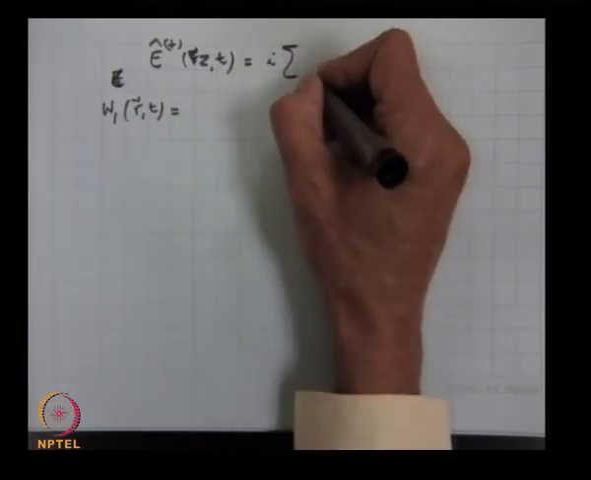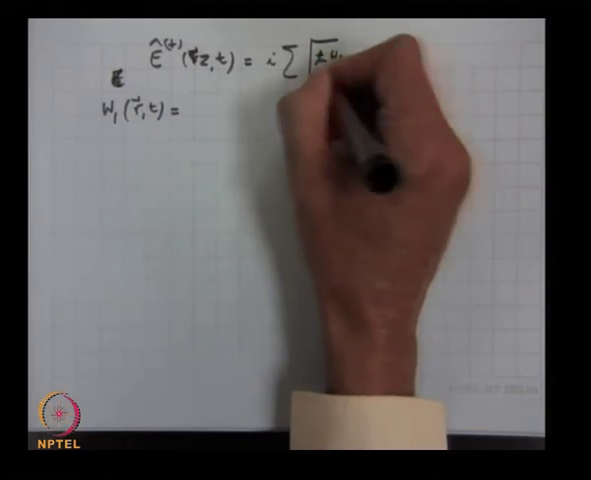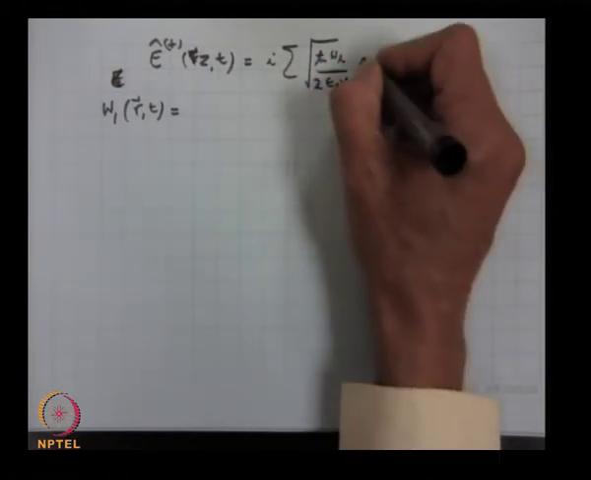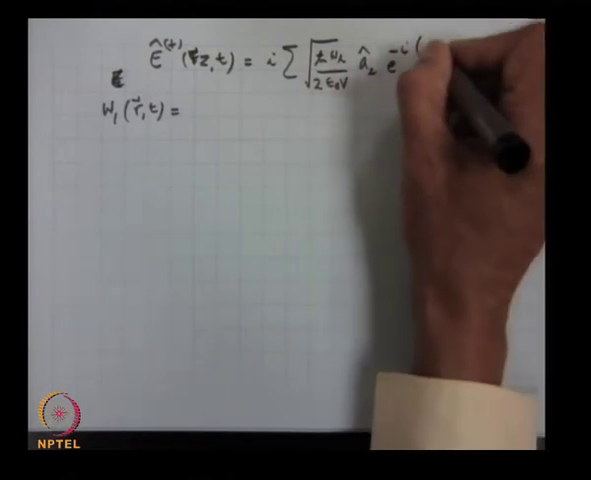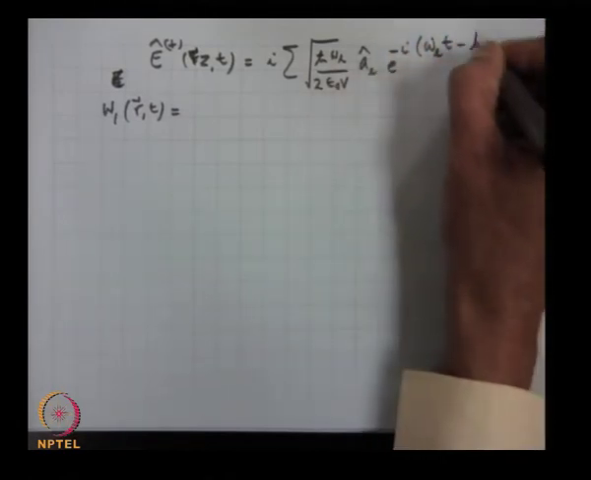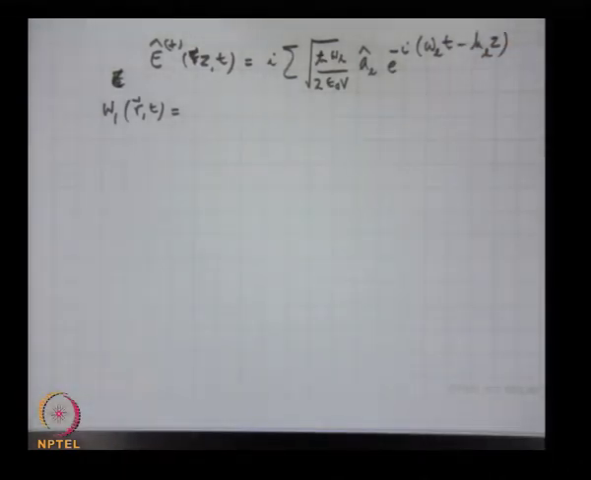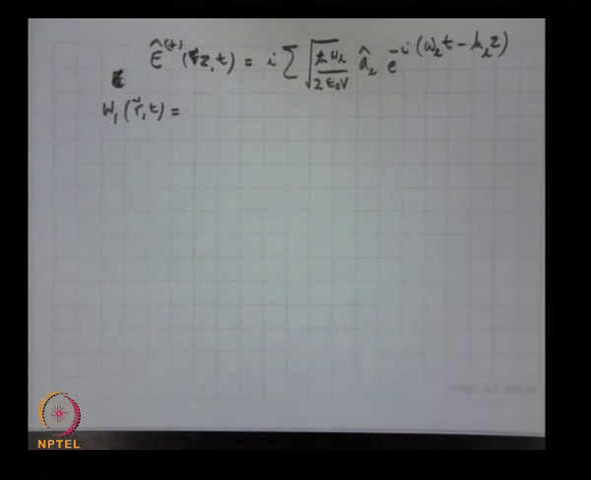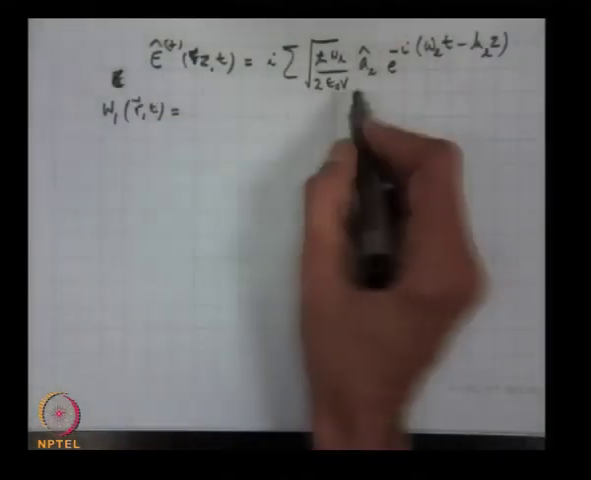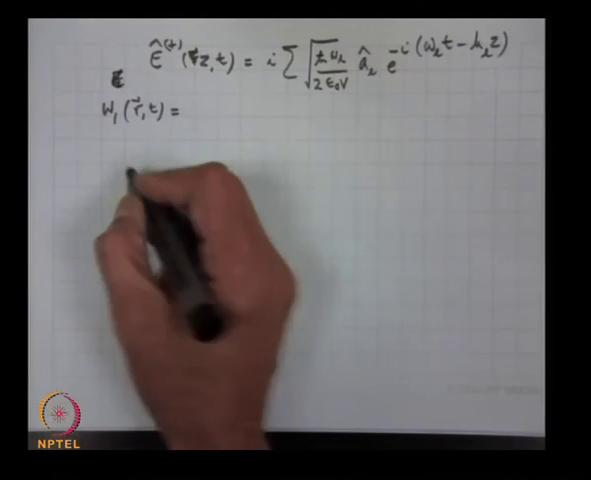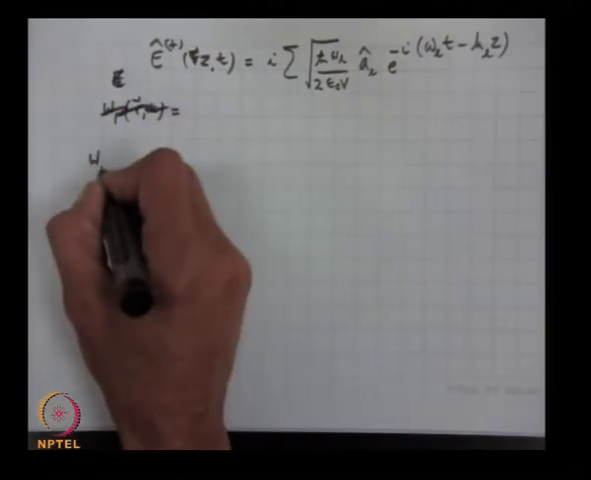We'll have square root of h cross omega_L by 2 epsilon_0 V, A_L exponential minus i(omega_L t minus k_L z). So k dot r I have replaced by k_L times z, and I am assuming scalar fields, which means all the modes are in the same polarization state. Otherwise, the electric field operator is a vector operator. So I am assuming that all polarization states are parallel, all polarized in one direction. So the total electric field is simply given by a scalar sum of all the components. So W1 of r,t, to calculate this,